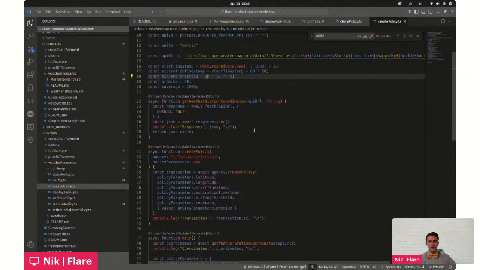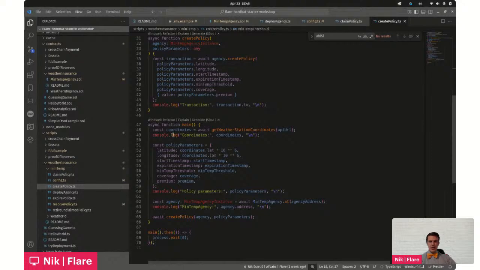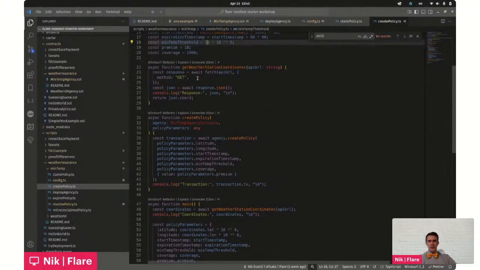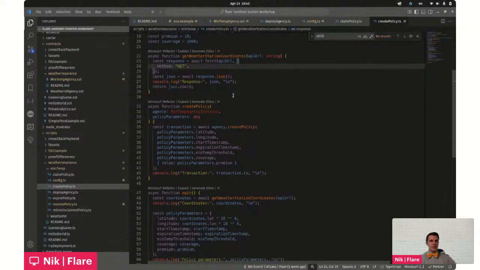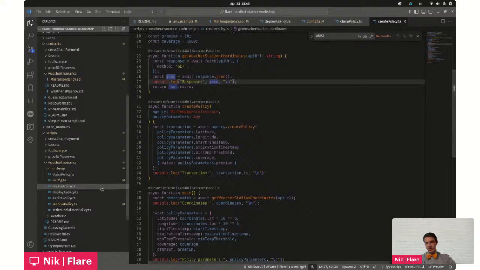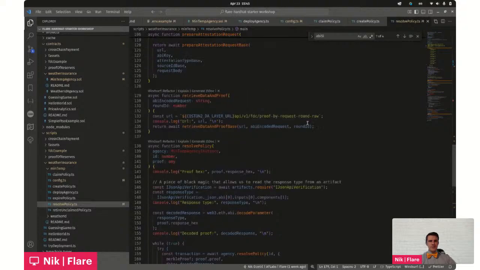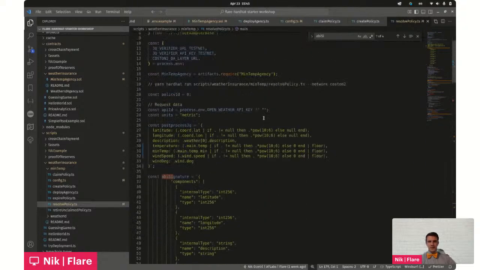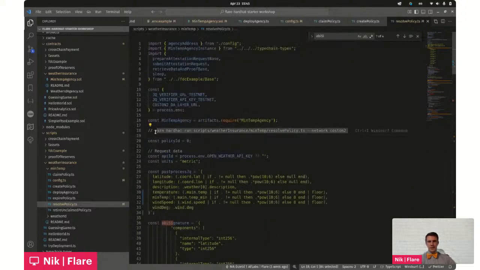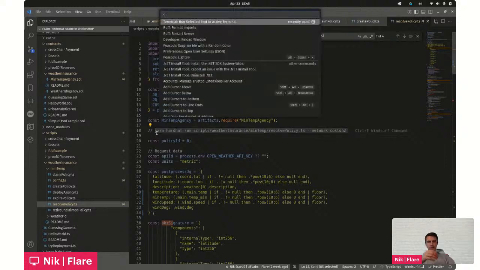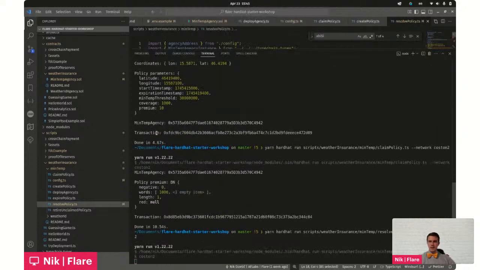A word about creation: we make a request to the same URL that we would be requesting otherwise to get the coordinates of the weather station. And let's just resolve the policy real quick because we're running out of time,